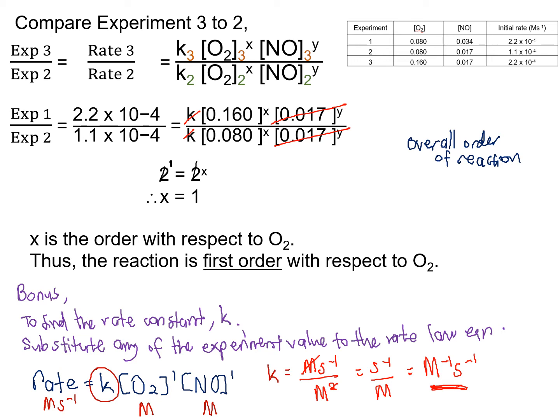so for the overall order of reaction, you know your rate law equation just now: rate equals K, oxygen to the power of 1, nitrogen oxide to the power of 1. If you want to know the order of reaction, before this, we know that to get the overall order of reaction,